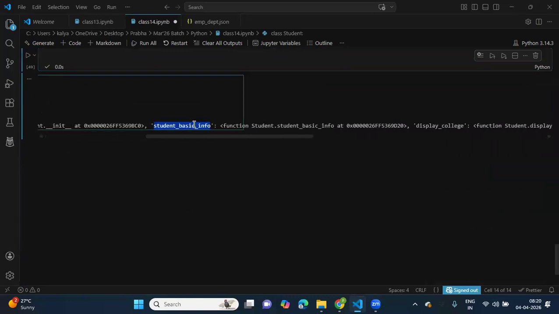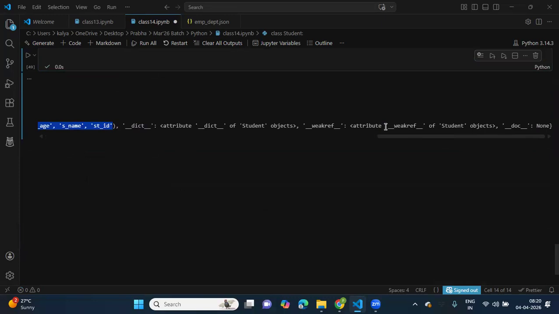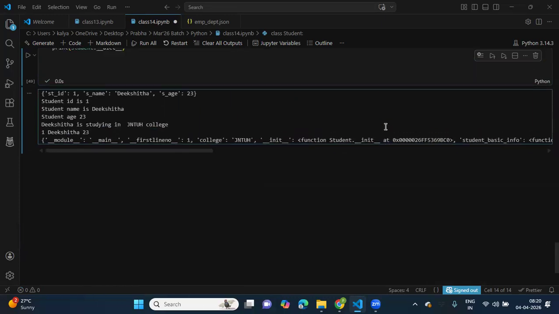So this is one of the methods, and display college is another method. Okay, so these are the static attributes, which means they are the attributes of the init method, sorry. Okay, right. So now